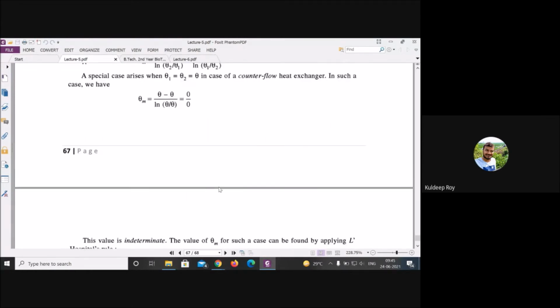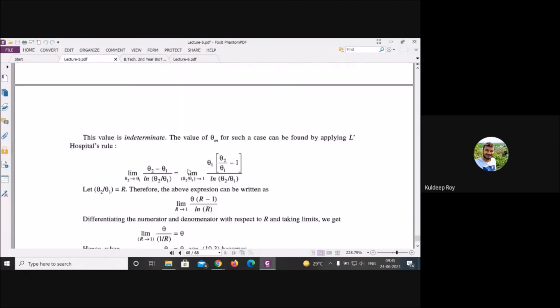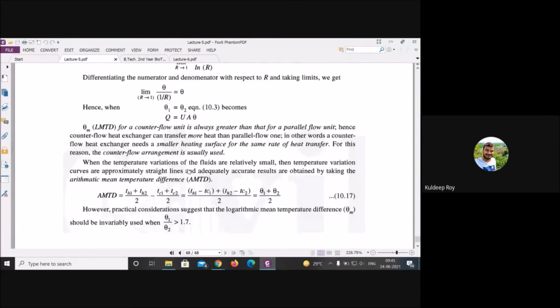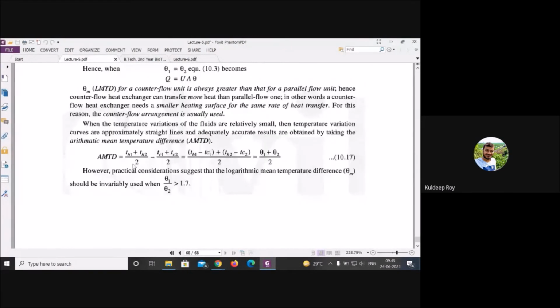We have seen a little bit about LMTD, how you will solve and approach it. Now, arithmetic mean, I think you know the meaning: you add both terms and subtract directly for the cold fluid. As I already told, it is not applicable because it is not so accurate. So people look for LMTD only.